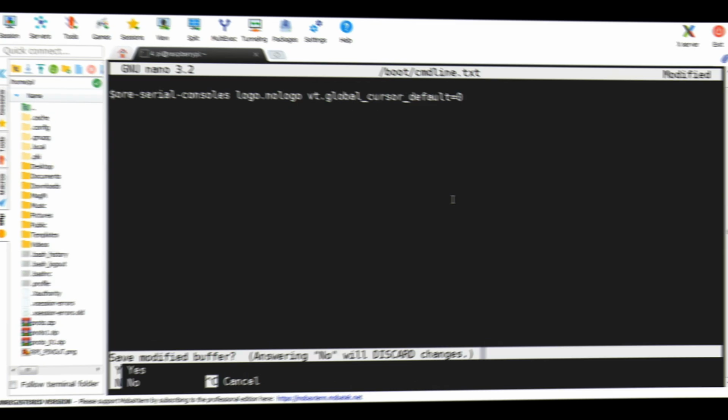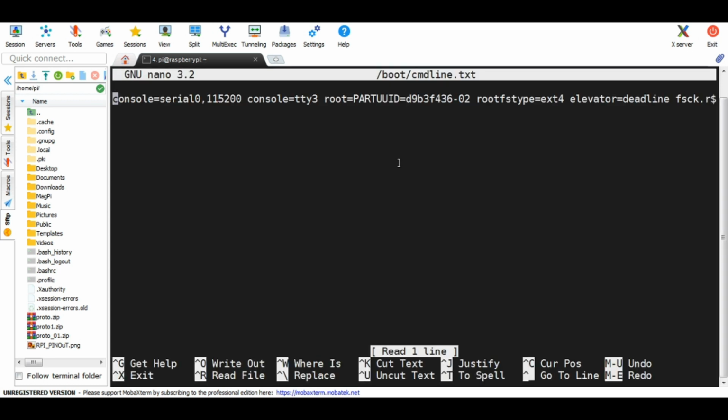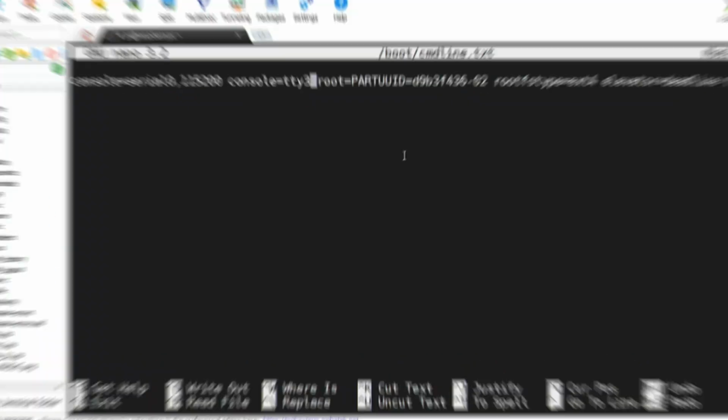Save the file and come out of it. As well, I forgot to mention that before you add anything in this file, make sure that it must be console=tty3. In your file it is 1, here you need to change it to tty3 and you need to append some text at the end of the file.